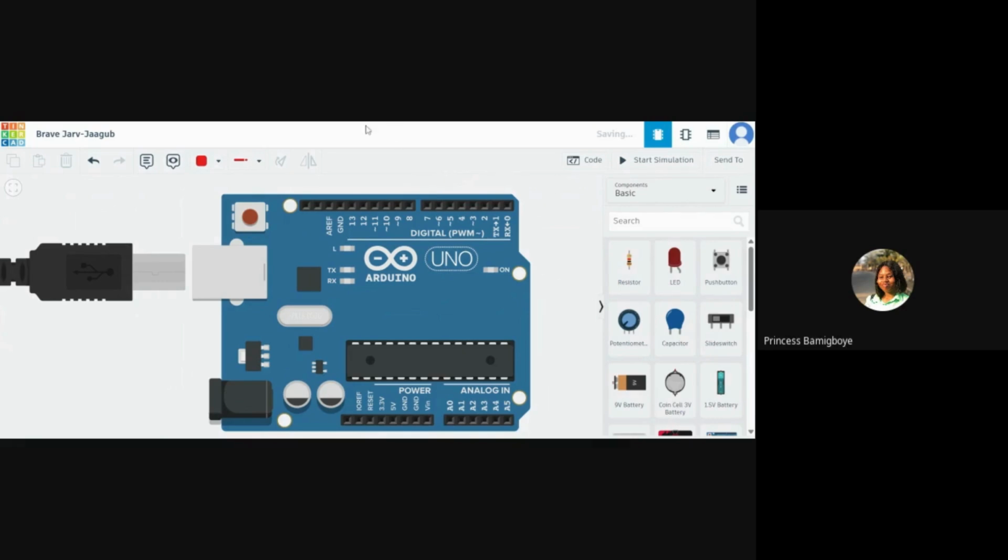So what are digital devices? They are devices that have only two states, just on and off. Because computers work using binary, that's 0 and 1, they only have two states, 0 being off and 1 being on.